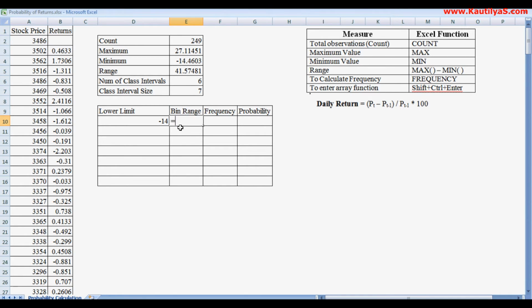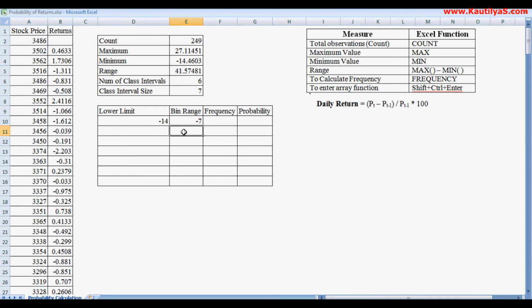So this equals minimum class interval plus class interval size. We got -7. In the sense, for the first class interval the lower limit is -14, higher limit is -7.